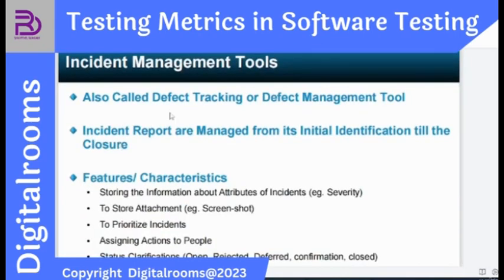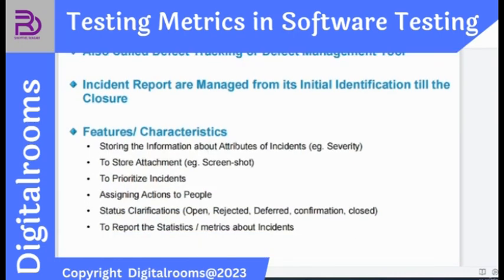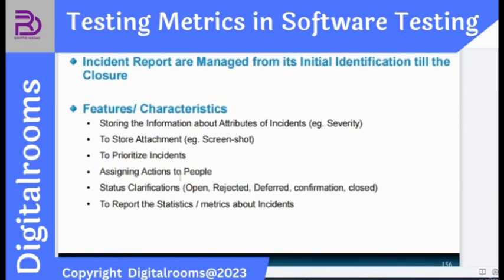Incident management tool, also called a defect tracking or defect management tool. Incident reports are managed from its initial identification, when it is identified, till the case is getting closed. Now storing the information attributes of incident: severity, high, low, medium. Attachment, so for an example, a screenshot of the error, a screenshot of the test page. To prioritize incident and that which needs to be fixed first, assigning action to people whom